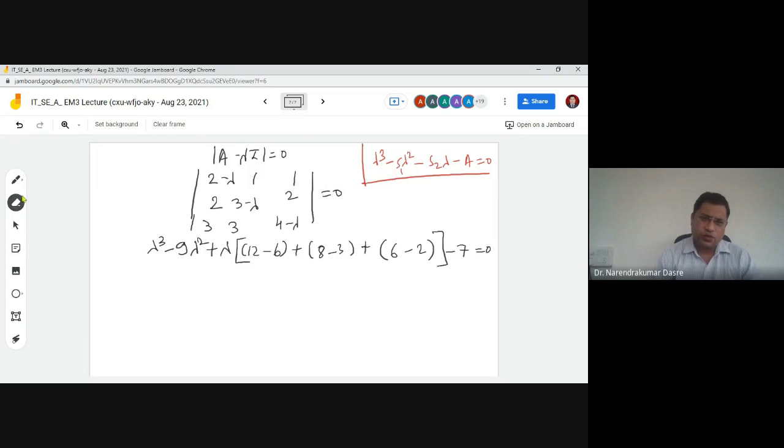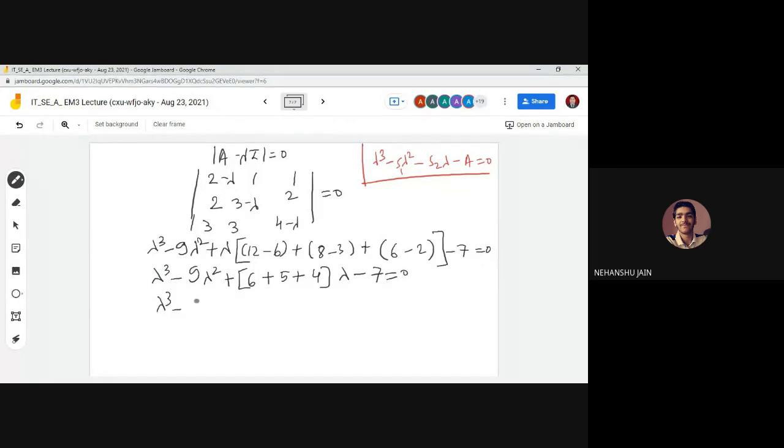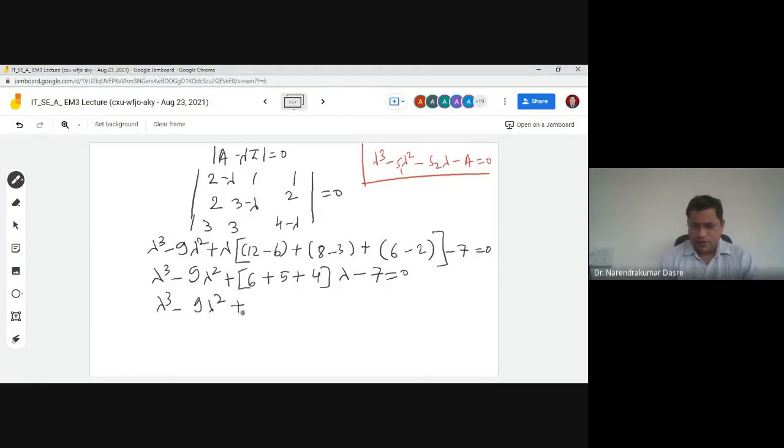So what is this equation going to be? So this is lambda cube minus 9 lambda square. How much is this going to be? Plus, so it is 6 plus 5, plus this is going to be 4 lambda minus 7 is equal to 0. Is that okay? Are you getting this one? Yes, sir. Lambda cube minus lambda square, then you'll be having plus. So what do you got here? So it is going to be 9 plus this is going to be 15 lambda minus 7 is equal to